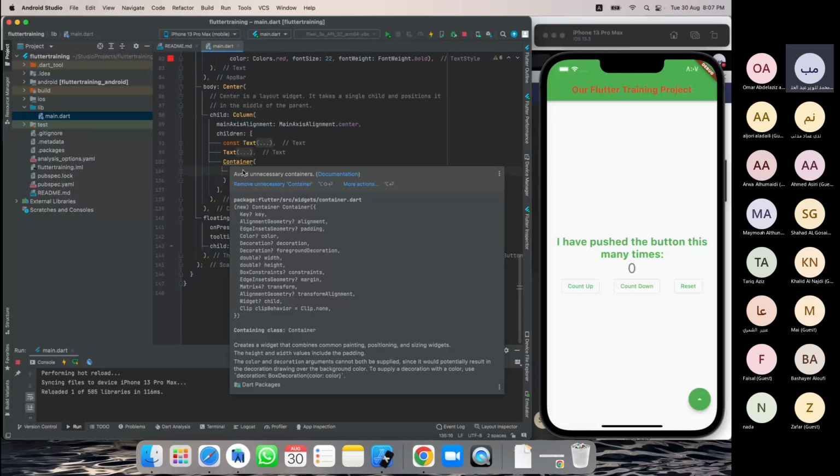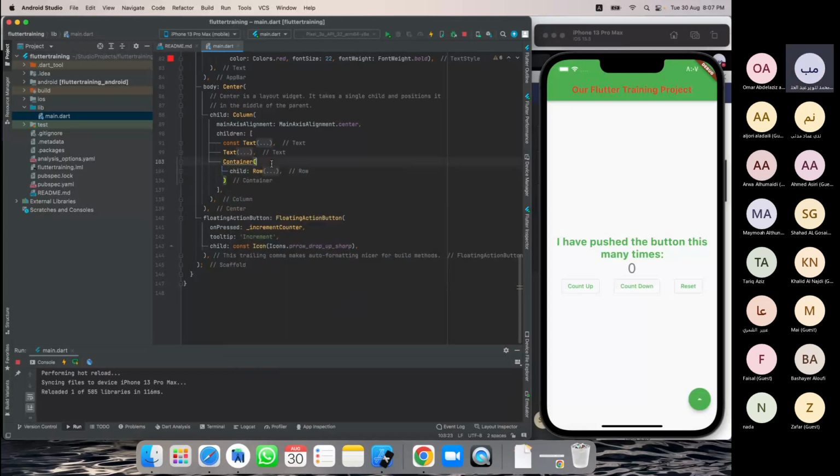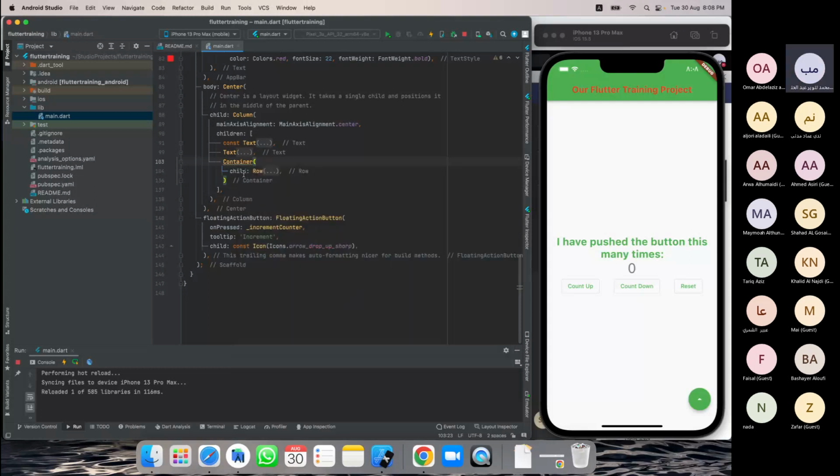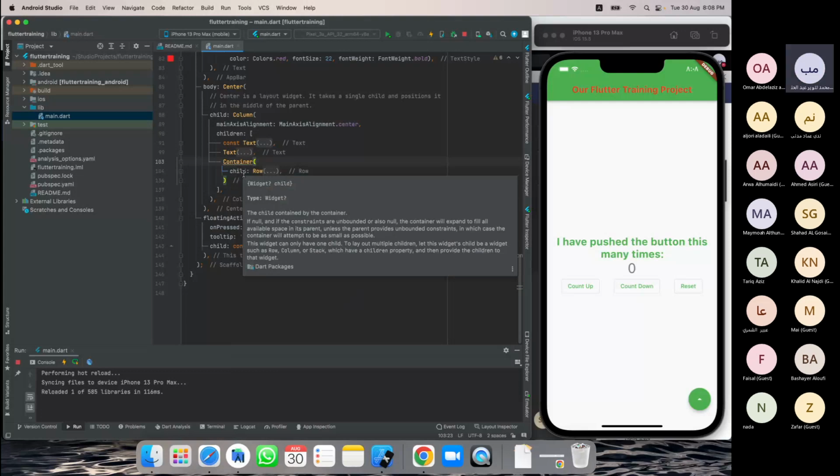But if you give it some parameters, like alignment, padding, I will talk about padding actually, then color, decoration, width, height. These are very important, all of them you need to know. Alignment, padding, color, decoration, width, height, constraint, margin. Child is